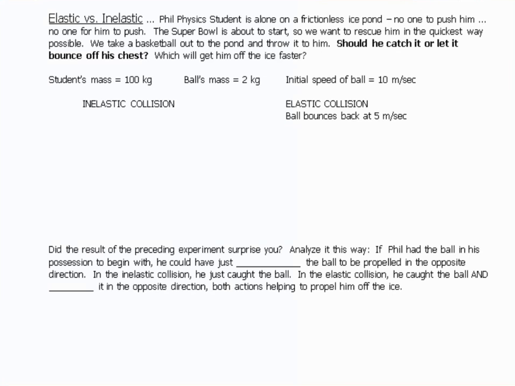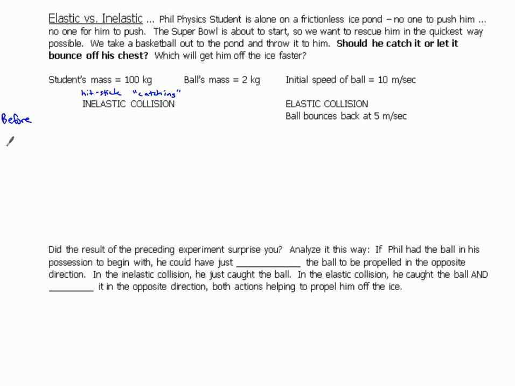So we have some numbers. The mass of the student is 100 kilograms. The mass of the ball, 2 kilograms. The initial speed of the ball, 10 meters per second. So, an inelastic versus an elastic collision. An inelastic collision is where you would catch the ball. So remember, inelastic, we have hit and stick. This is basically the catching situation. So I'm going to draw some pictures